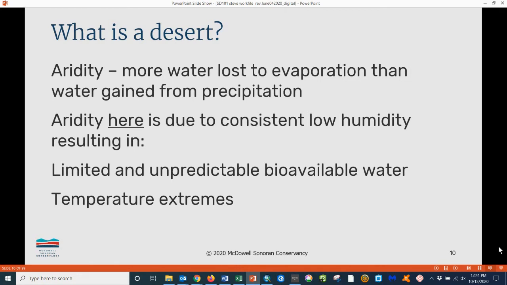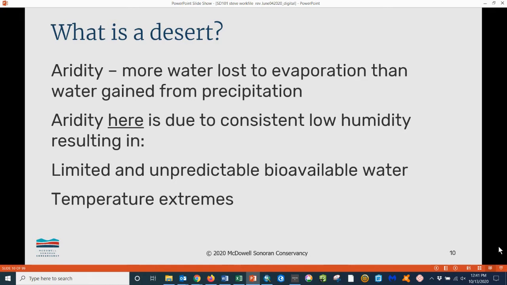Think about the implications of low humidity. It means there are few clouds, and therefore little rain. It also means there are few clouds, and therefore high levels of solar heating. The results are, first, limited water. To be useful to plants and animals, water must be at or near the surface, and the longer it's available there, the better. In the desert, most water runs off or evaporates quickly after the rain ends. Relatively little stays on the ground or soaks into the ground.